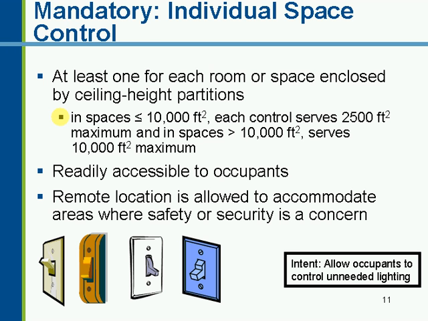Another part of this requirement is that control must be readily accessible to the occupants. That's the whole idea. They have to be able to turn lights on and off when they aren't needed. However, there will be cases where it's not practical to have this control available to occupants if it can be shown that there is a safety or security concern with having it available to the occupants. It can be a remote switch. There are some additional requirements to that remote switch. It has to be labeled what lighting is controlled, and you have to be able to see by some kind of indicator light that the lights are on or off.